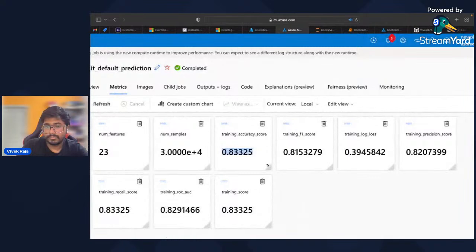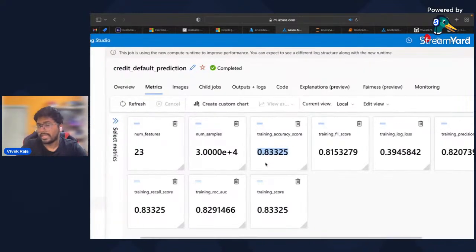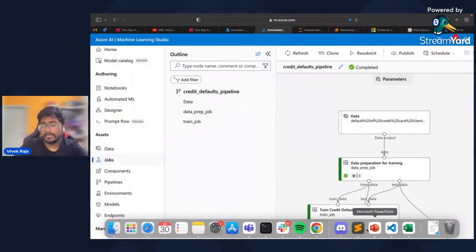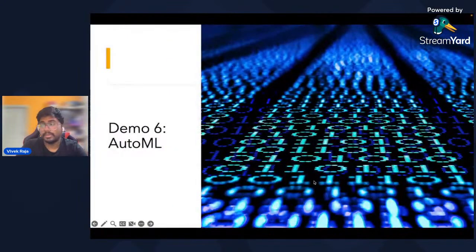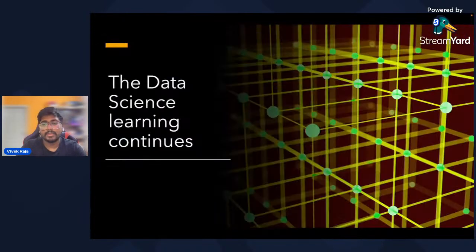So we were able to do it with our model, but imagine you are able to explore tens and 20 different types of models and it can do a lot of stuff. It's a very simple data set. And training, as you know, does not reflect the actual accuracy because it could go either way. So AutoML, when is the right time to execute? If you don't have much time and you want to explore a huge horizon of models, that's where you go for AutoML. And before you push it to production, reevaluate your models to make sure it's the best before you go for it.